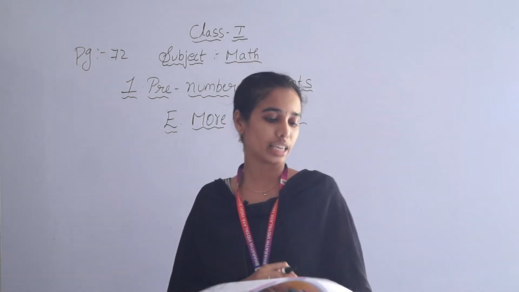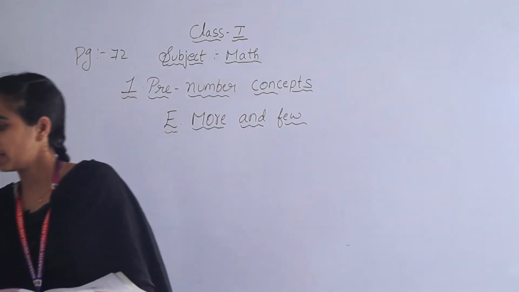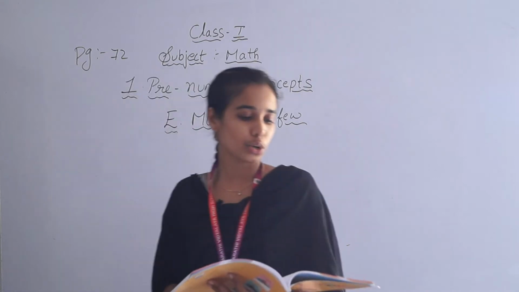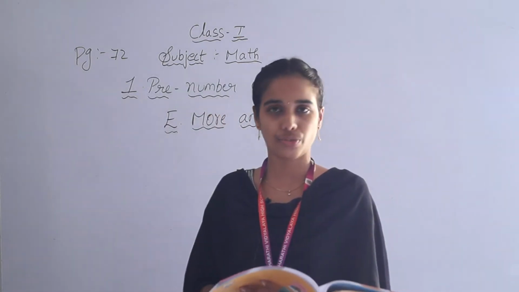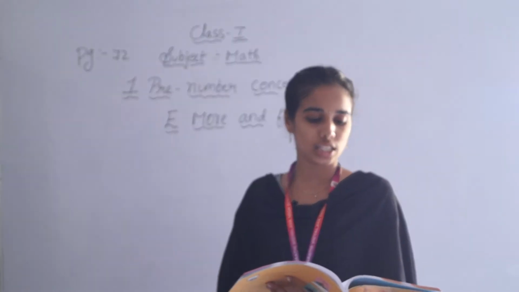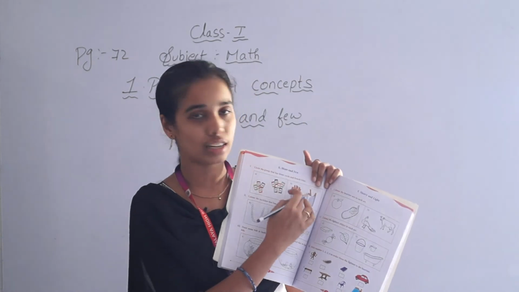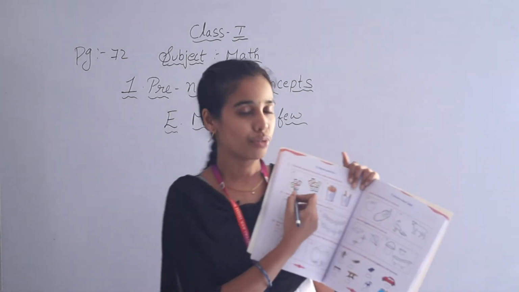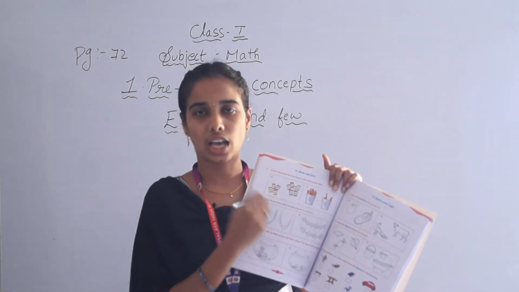So here they are giving some examples. You have to do that one. So first Roman, circle the group that has fewer cars and French fries. They have given two sets of pictures there. First you have to see, two sets of pictures are there. First you have to circle which one has fewer cars or French fries.